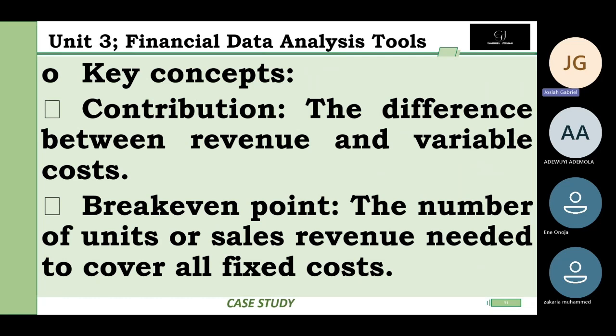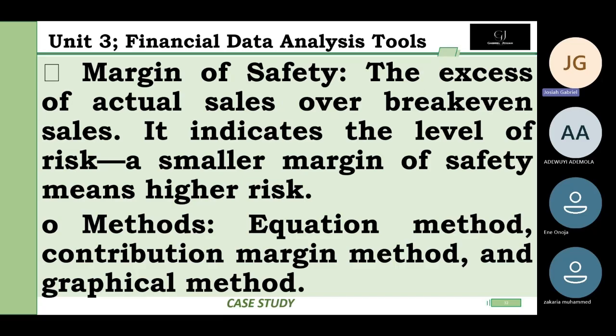So the break-even point measures that via the number of sales revenue needed to cover the fixed costs. And another concept is margin of safety. It speaks to the excess of actual sales over break-even sales. So the margin of safety is